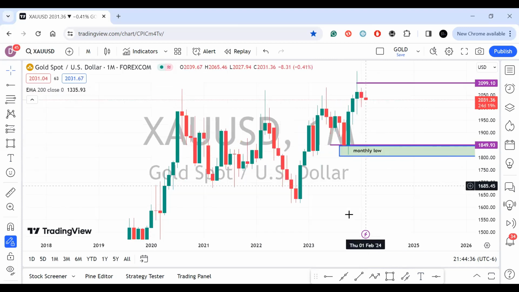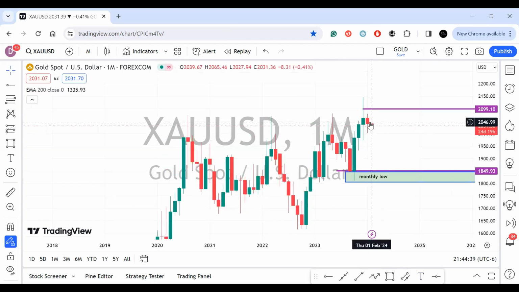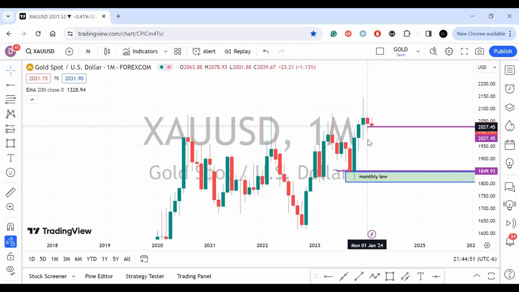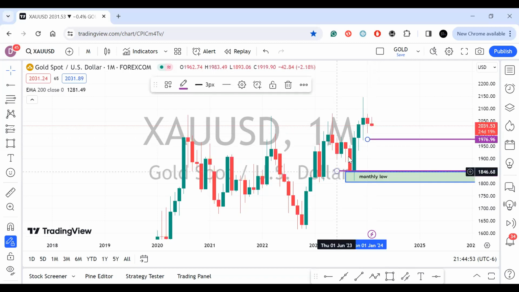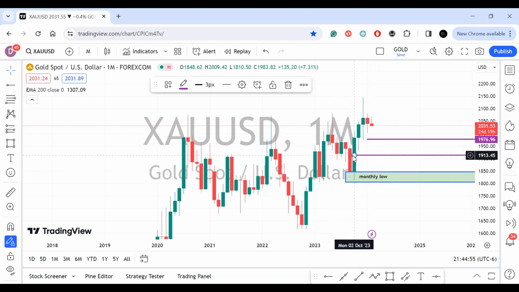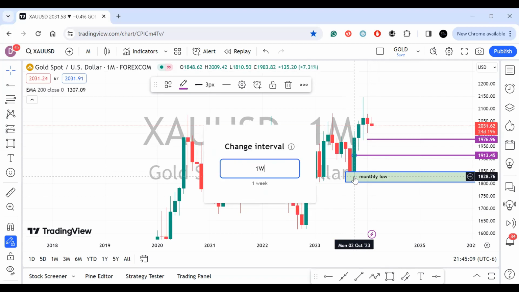Because price has not yet completed, this current candle has not closed. This current red candle we need to close as red for us to confirm the monthly high. So we do not have a monthly high yet, but we have a monthly low. So on our next lower time frame, which is going to be the weekly time frame, we're going to start the analysis from our current base, which is our monthly low. When we go to the weekly,